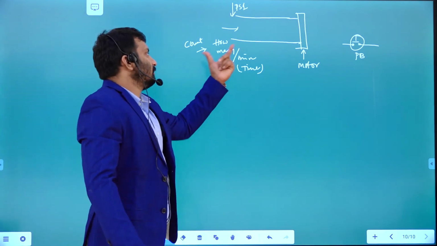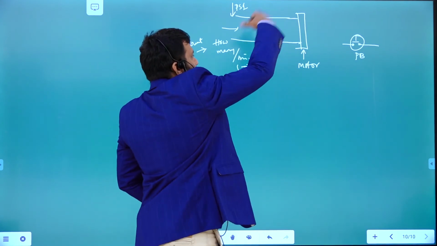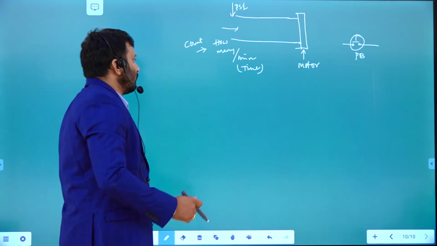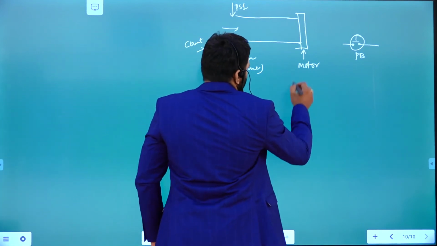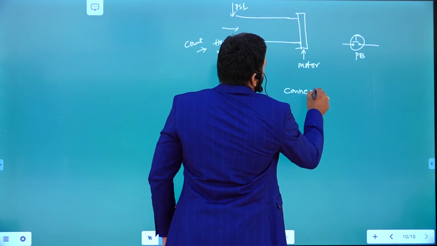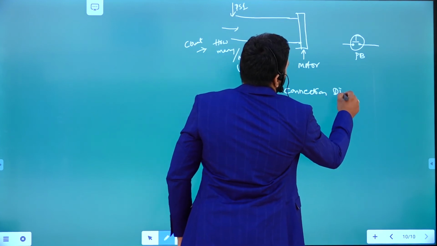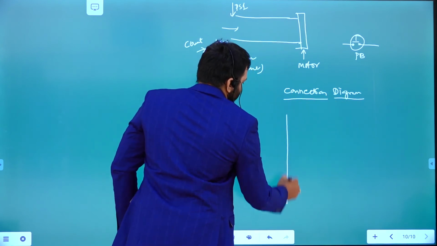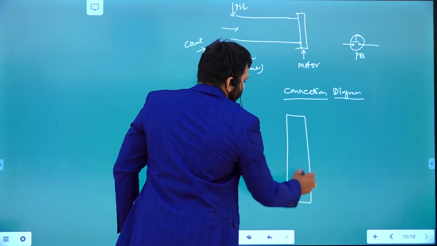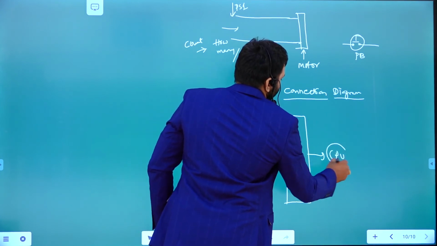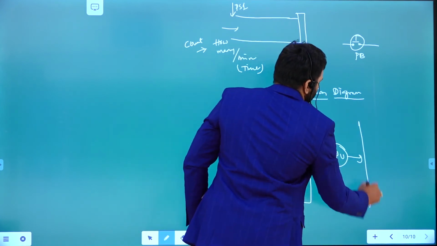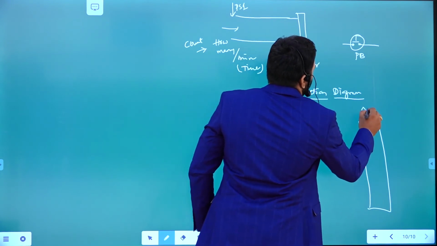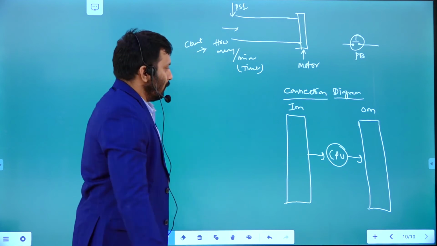So this is just the application layout diagram, and how we are going to place the sensors and actuators, right? Now connect this; this is the connection diagram. You see this particular diagram, right? So the input module is there, connected to the CPU, right? The CPU is connected to the output module, so input module, CPU, and output module, right?